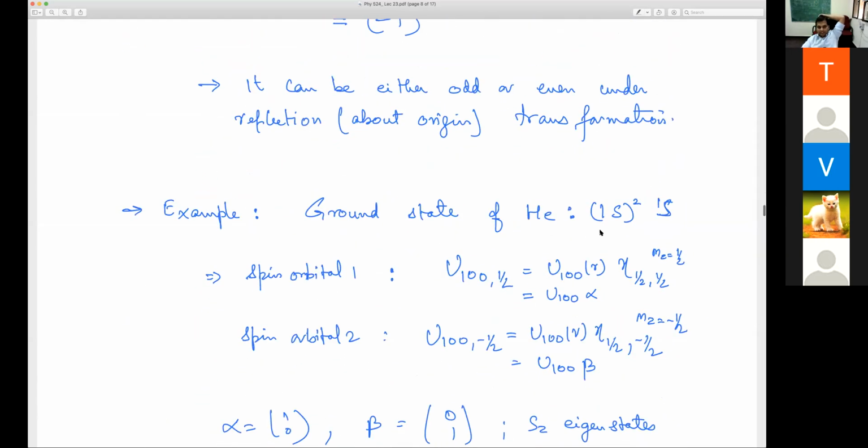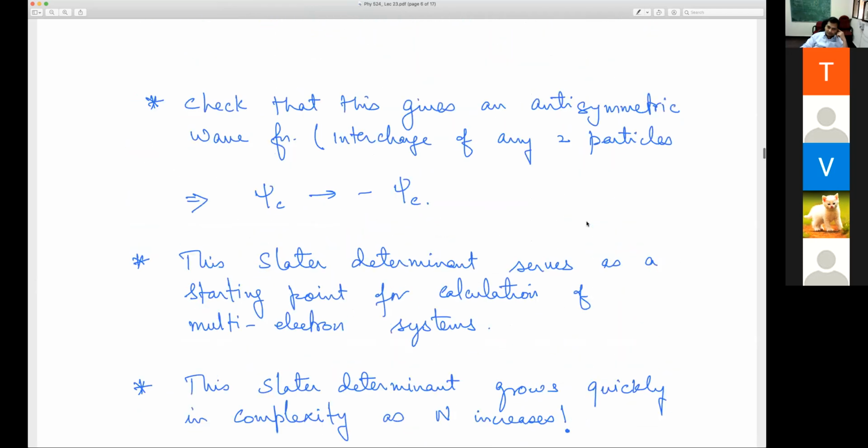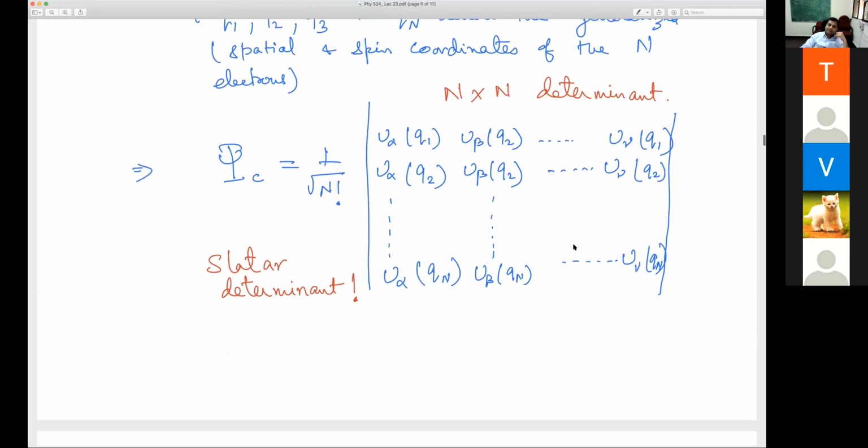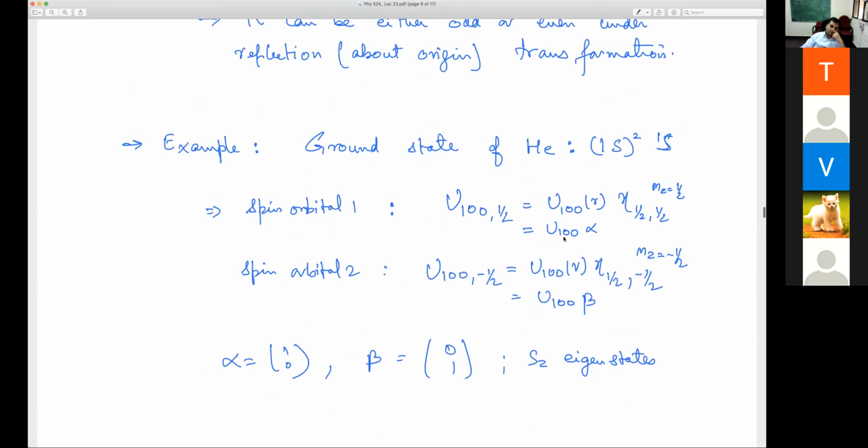But before we go, one example, let's say, the hydrogen atom ground state, just to connect, because we started from the space part and spin part being separate, right? And then the Slater determinant I wrote down in terms of the combination of both of these, basically the spin part and the space part combined. So the Slater determinant I wrote in terms of u, basically, right? So let's just do one example where we explicitly use this.